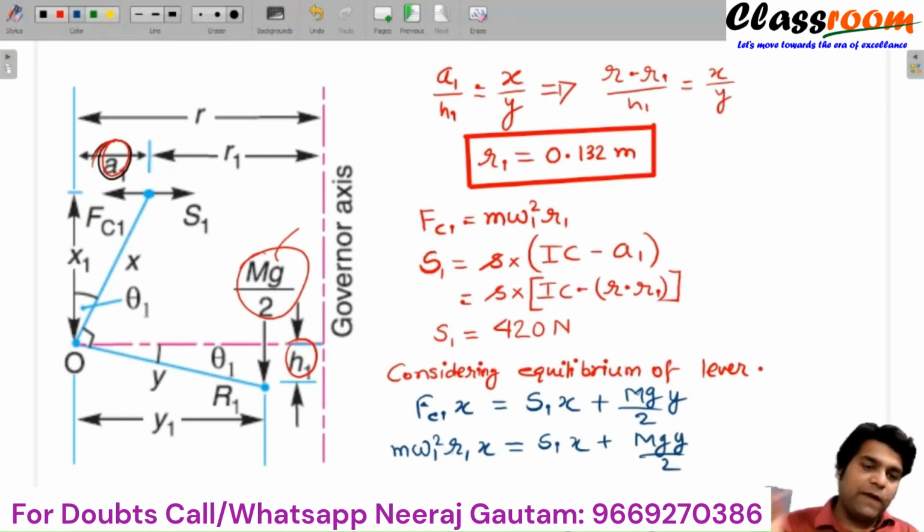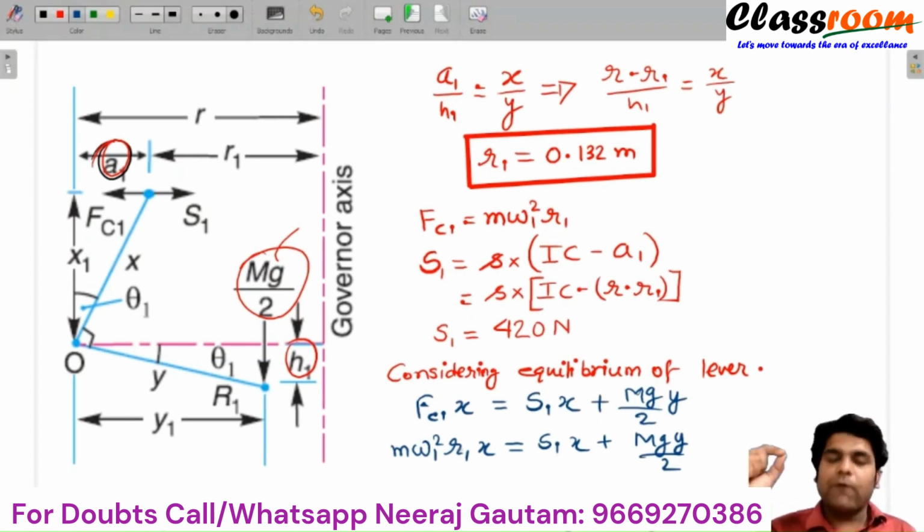So substituting the values of S1, mg, y, x, omega 1 square, r1, omega 1 can be calculated using this relation. Finally, if I substitute the values and calculate, I get omega 1 equals 32